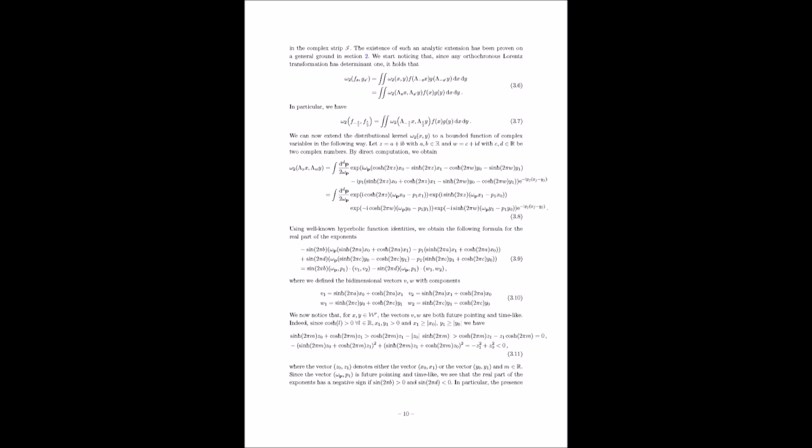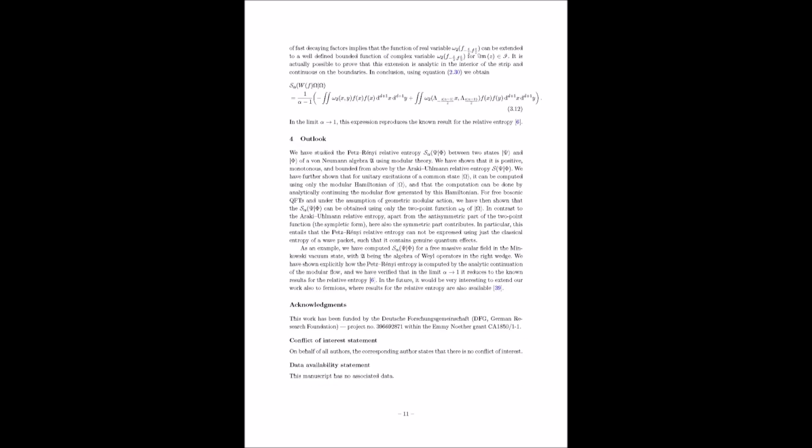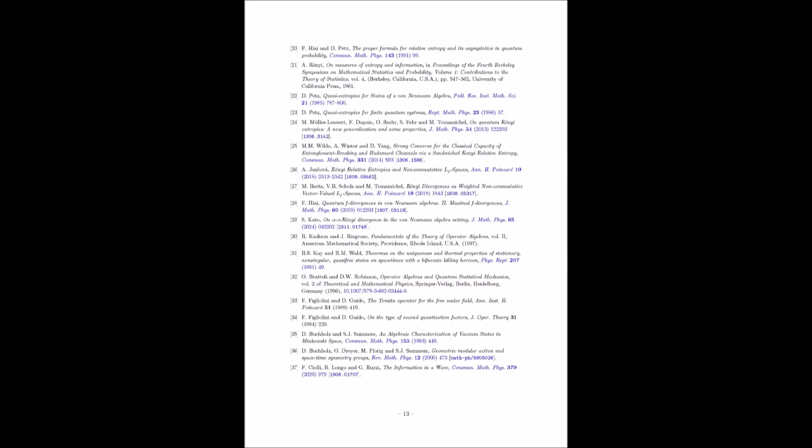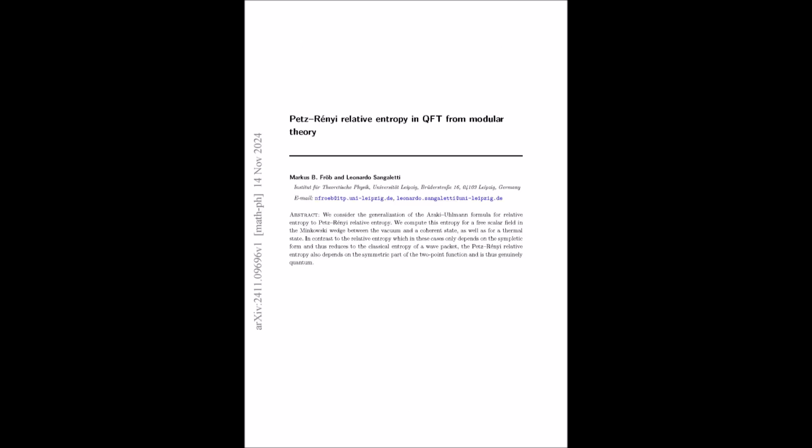Well, by rewriting the two-point function in this form, they pave the way for extending it to complex variables. Remember, that's the whole point of analytic continuation, to go beyond real numbers. Right, to explore the vast landscape of the complex plane. But I imagine navigating that landscape can get pretty tricky. What are some of the challenges they encounter? One of the big challenges is ensuring that the extended function, the one defined for complex variables, is well behaved. We don't want any mathematical inconsistencies popping up. Right, like infinities or other nasty surprises.